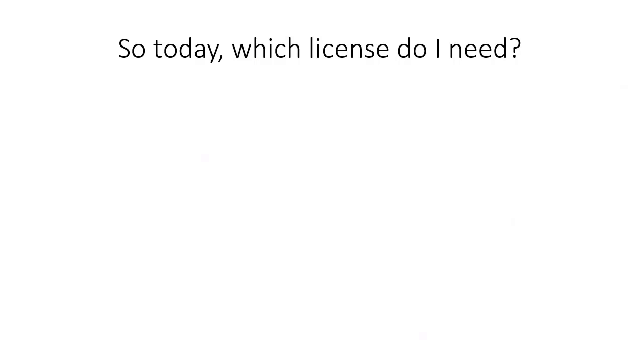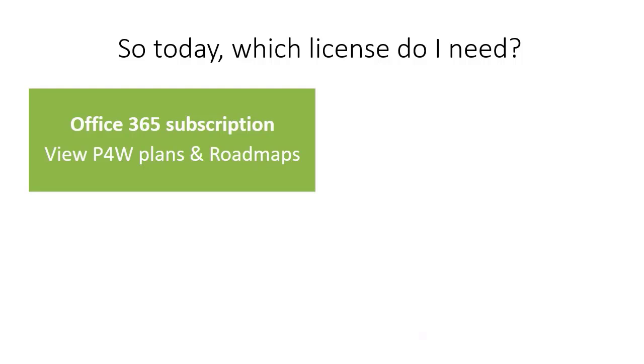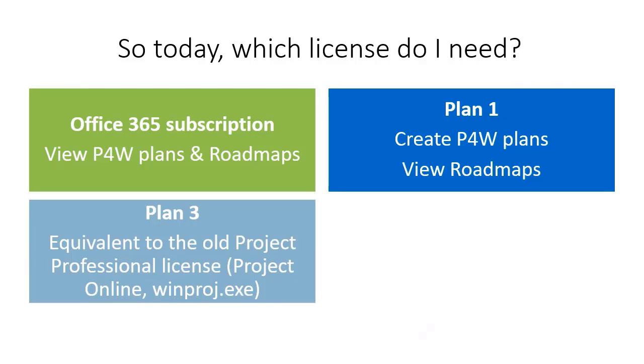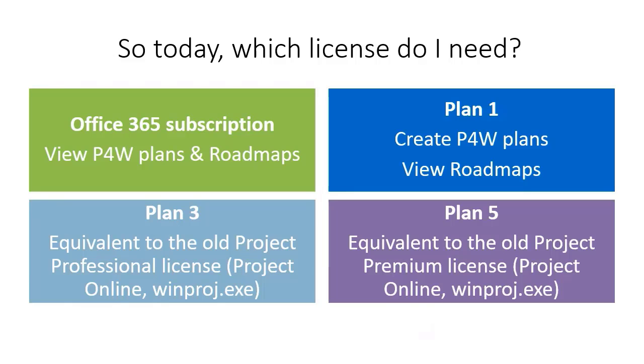Okay, so which license do I need? Let's try and make it simple. If you have an Office 365 subscription, then you have Project for the Web plans and roadmaps. If you have a Plan 1 license, then you can create Project for the Web plans and view roadmaps. If you have a Plan 3, then this is equivalent to what we used to call the old Project Professional license. So you can create Project Online app plans, as well as Project for the Web plans and view and create roadmaps. And if you have Plan 5, you get the whole lot, including admin rights, etc. So